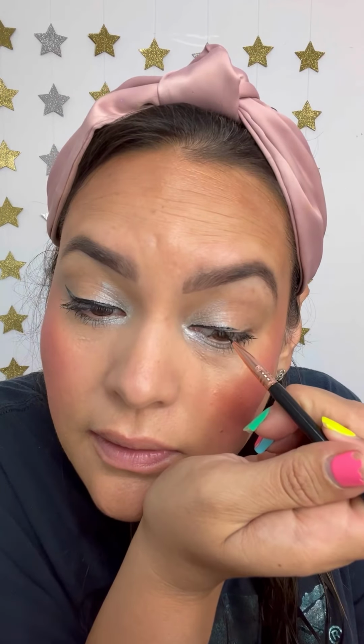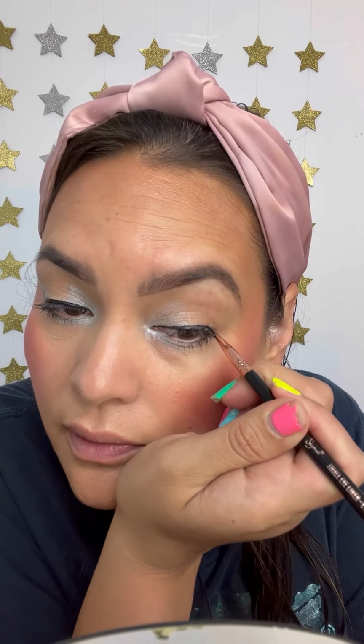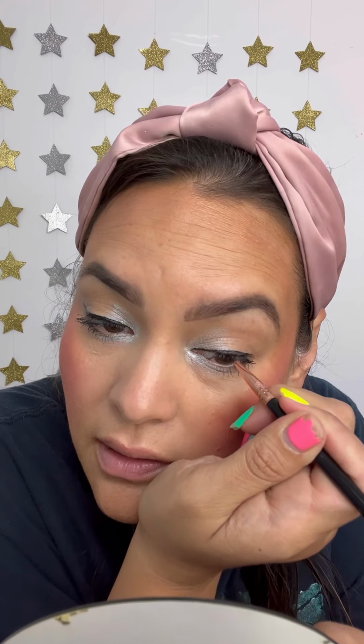Which is always kind of the trick with winged liner, is making them match. I just find ShadowSense to be really easy to work with for winged liner, a lot easier than a liquid liner, because I think you have more control. When you're applying it wet like this, it's almost more like the consistency of a gel or a cream liner. So we built in our same line here, and then once again,